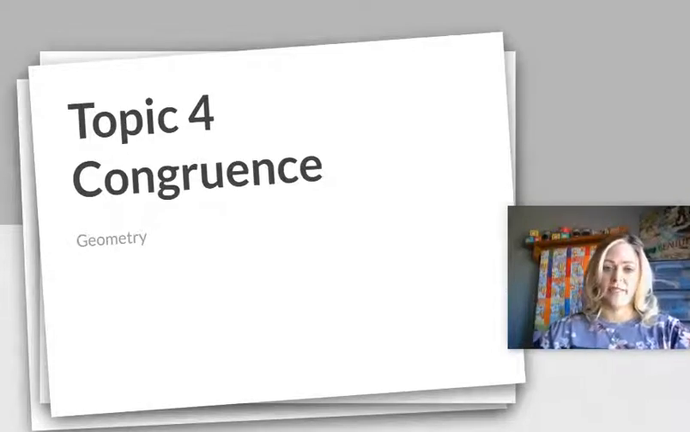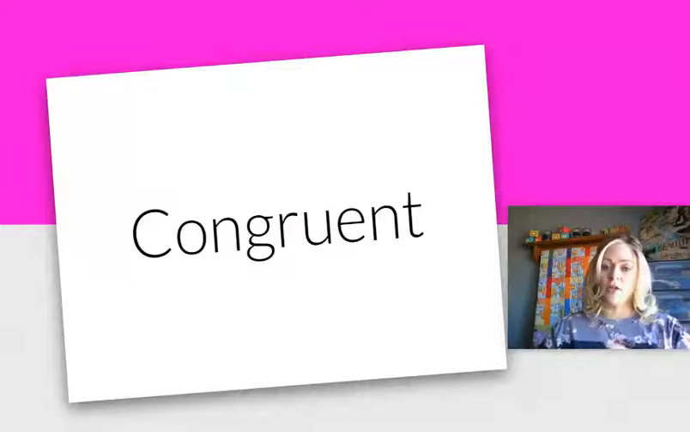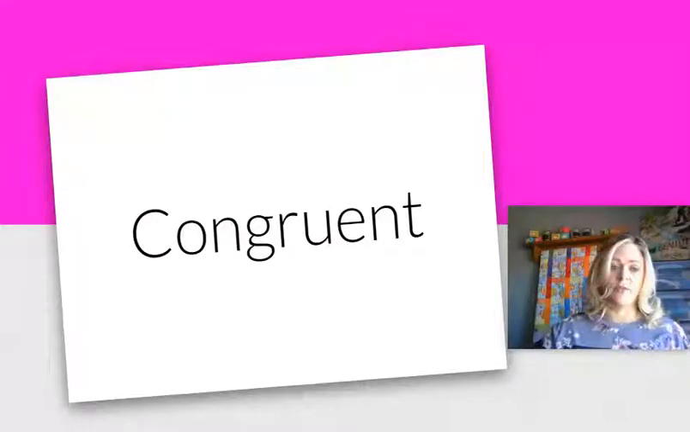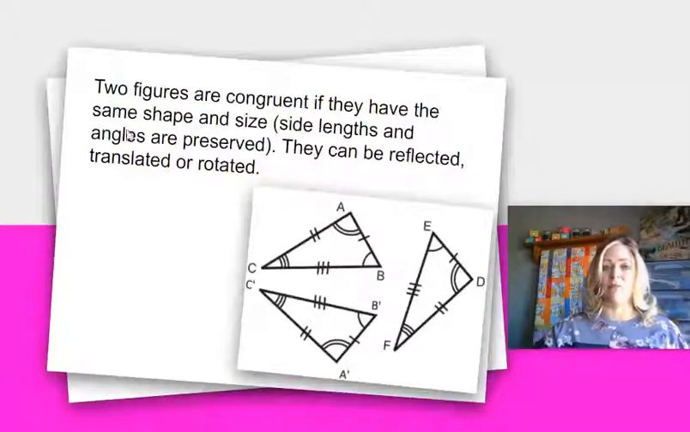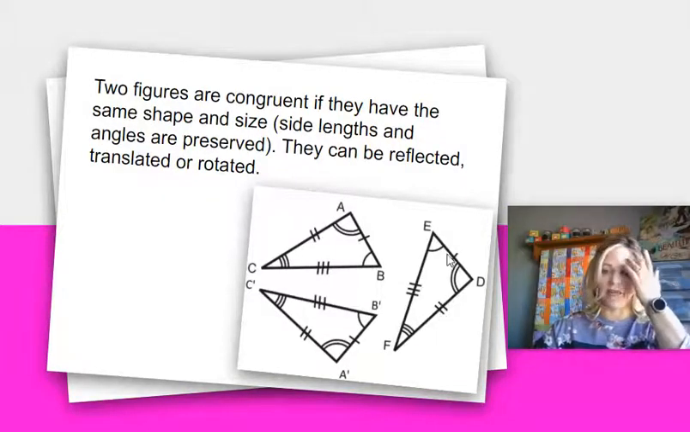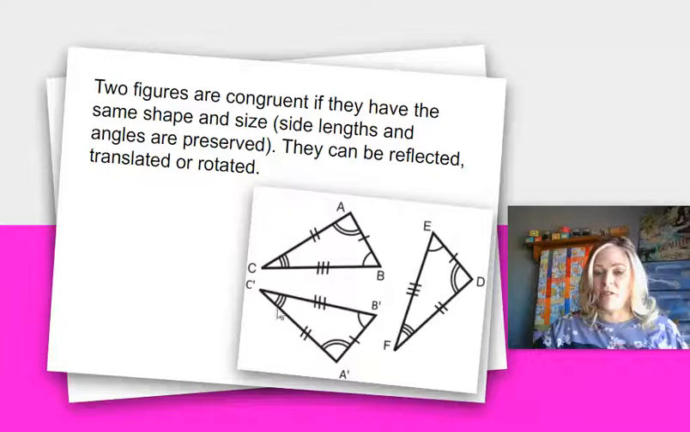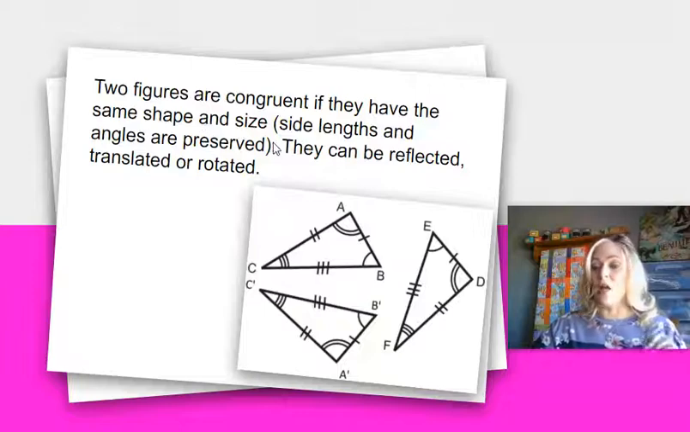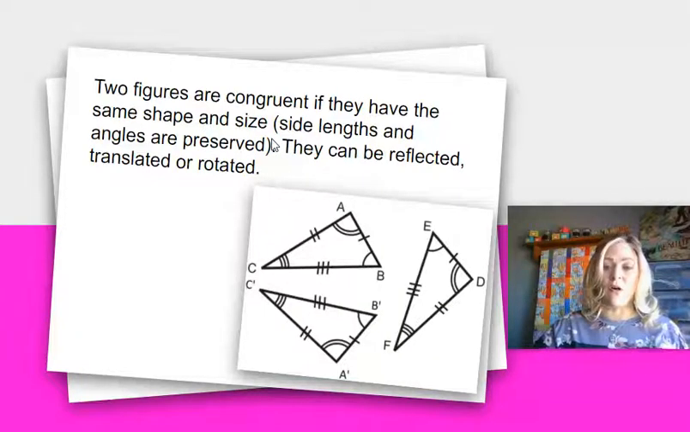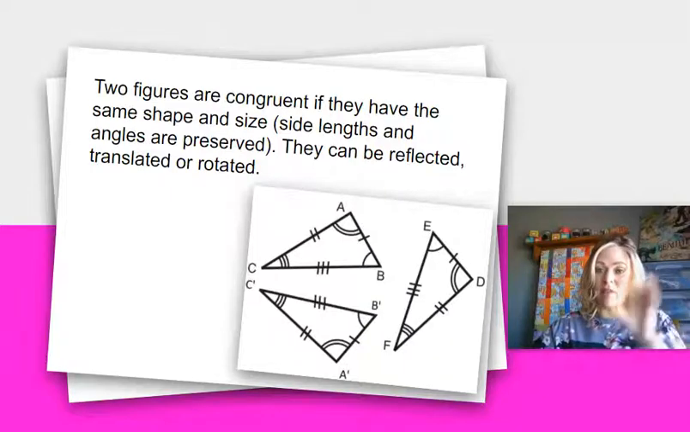Topic 4, congruence. Congruent. When you have things that are congruent, they are exactly the same. So for two figures, see how all the sides are exactly the same, the tick marks, and all the angles. So this definition says two figures are congruent if they have the same shape and size, but they have to all be the same. All the side lengths and all the angles have to be identical to the matching or